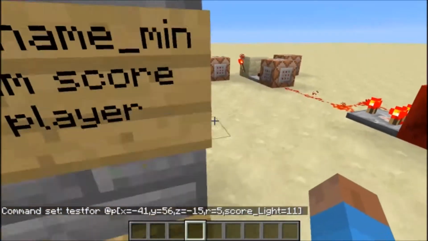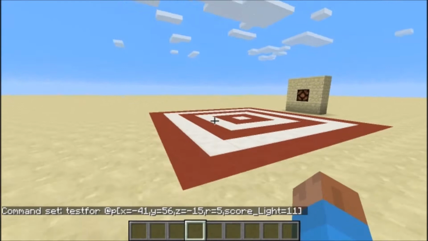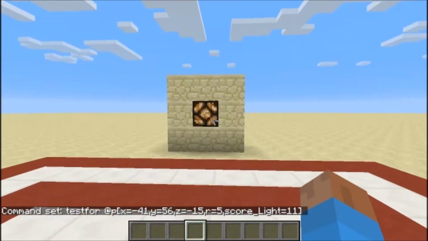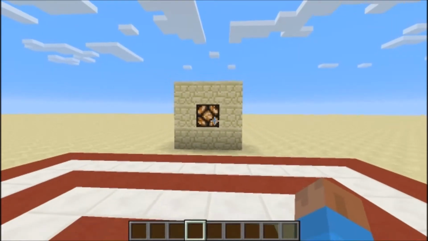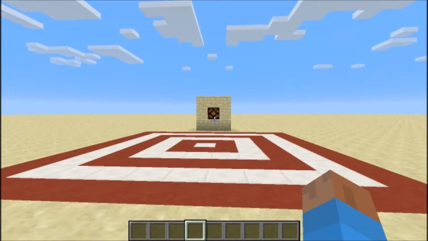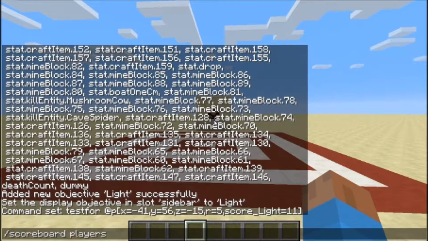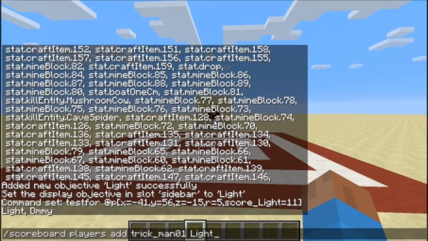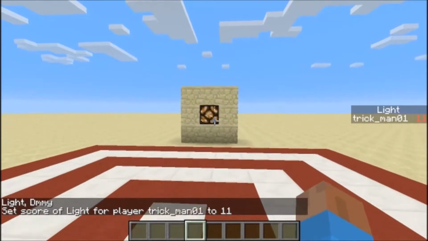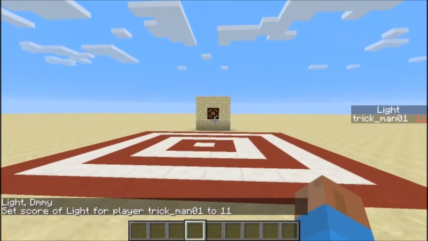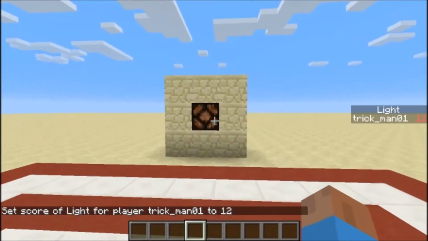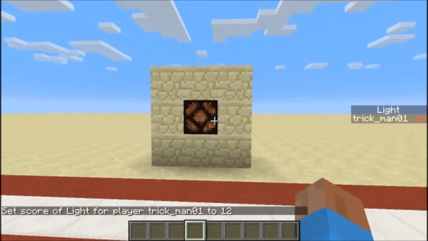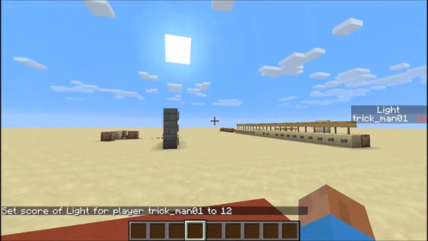As long as my score is less than 11, this block right here will light up when I walk into the radius. Now if my score goes above 11, scoreboard, players, add Trackmania 1, light. 11, like I said, it's inclusive, so the command should still work at this point. But if I was to add 1 more level, the command no longer functions, as you can see. However,